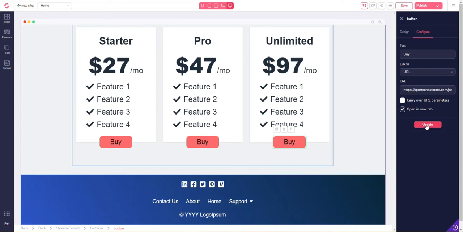And we just click update, and sometimes you may need to click on carry over URL parameters, and then we come up to the top and we click save, and we wait for a confirmation in the bottom. So the next time we come to the buy button and we click buy, so then we go up in the top and we click on preview